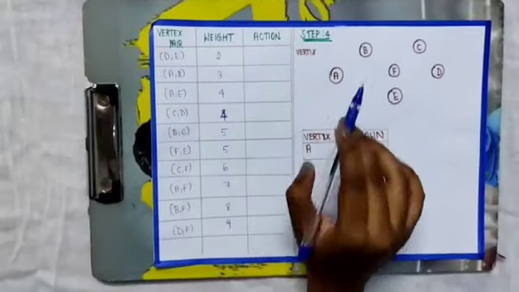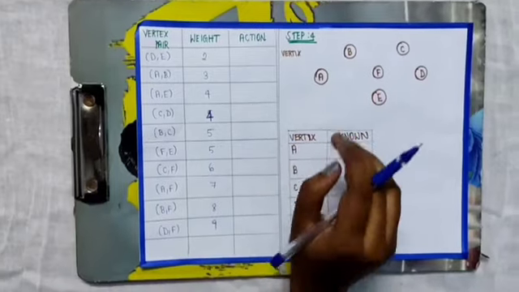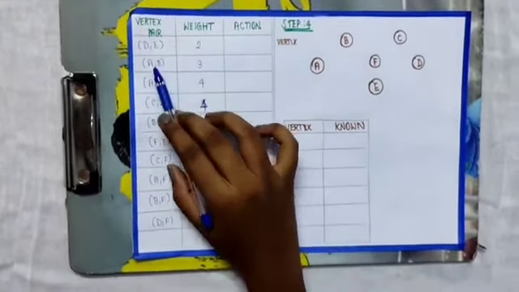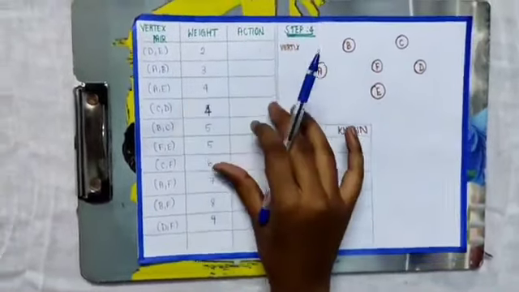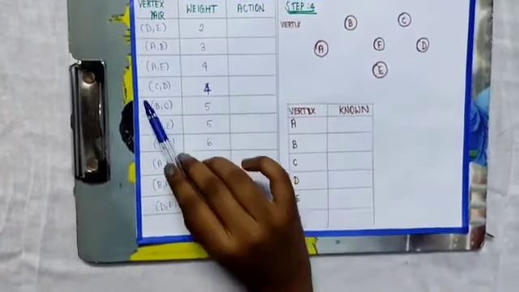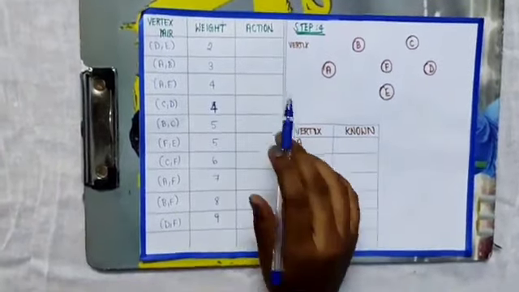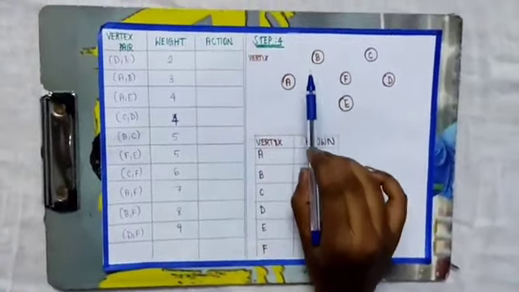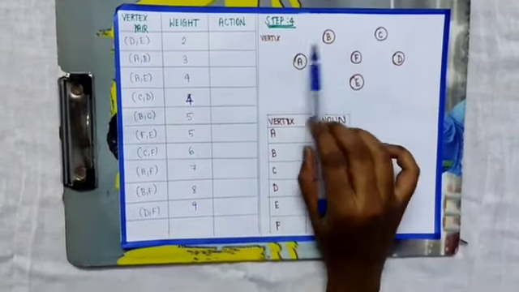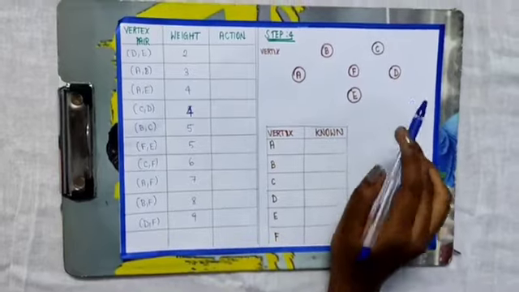8. Step 4. In this fourth step, we are having 3 processes. The first process is to copy the vertex pair and weight from step 3 and add the extra column for action. So, here is the table. Vertex pair, weight is in the ascending order and the action. Second process is to mark the vertices A, B, C, D, E, F without the edges, same as in the problem.